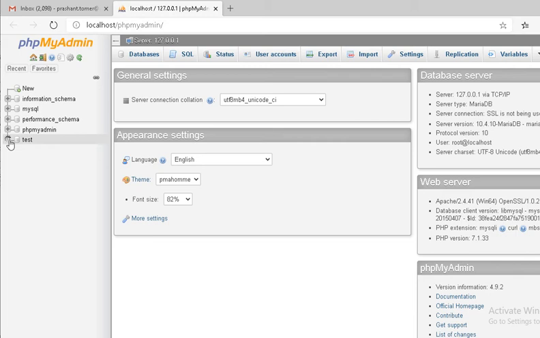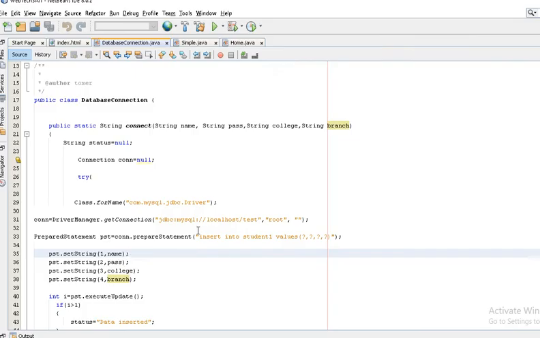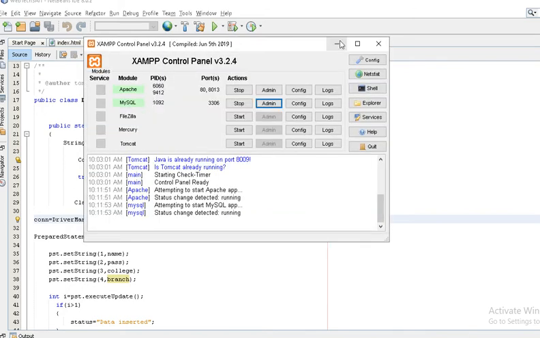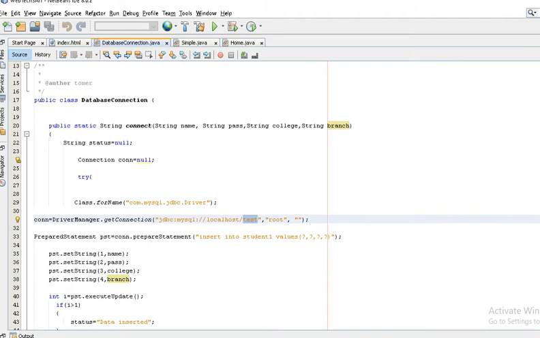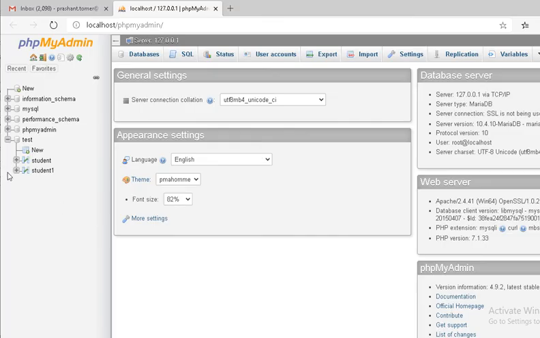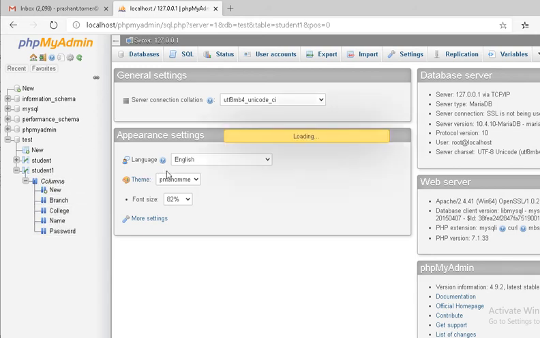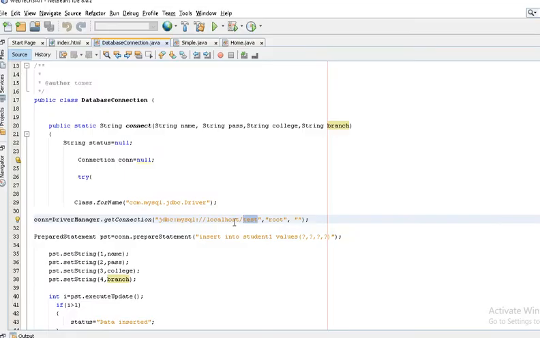I am using the test, which is my database name, right? And inside the test, I am using the student one table.